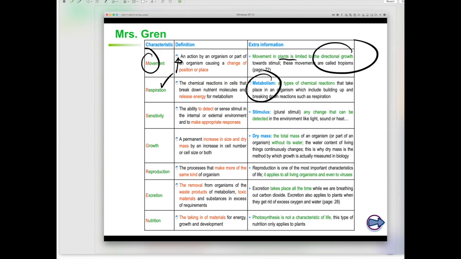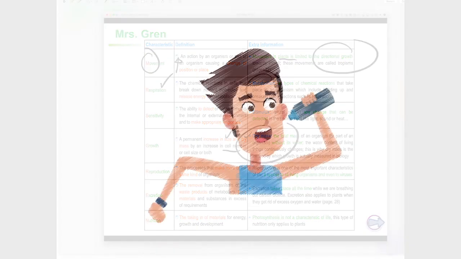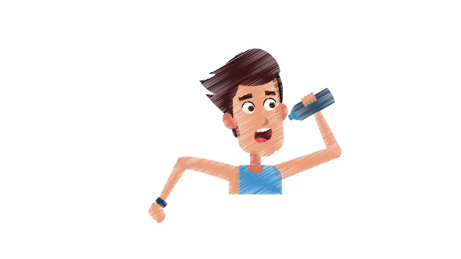One really important line here is the dry mass. Growth is increase in size, dry mass, and number of cells. So what does dry mass mean? Dry mass means the mass of the organism minus its water content. It's really important in biology to measure mass without water, because we continuously drink water, which increases our entire mass, but drinking water does not mean that we have actually grown. You don't grow if you drink a cup of water. So to measure the real growth, you really have to measure mass minus the water content, and that's called dry